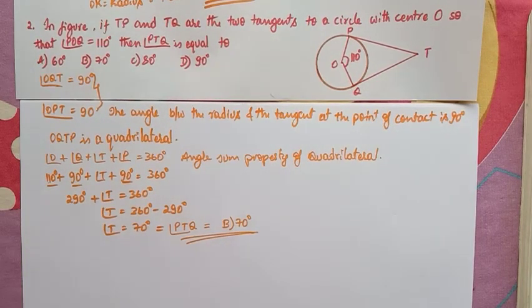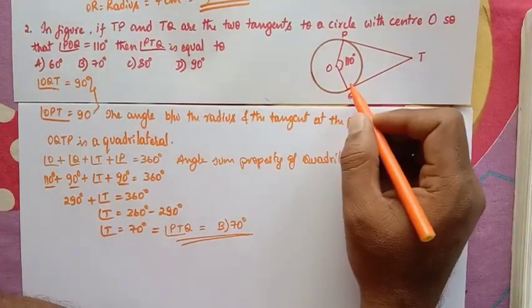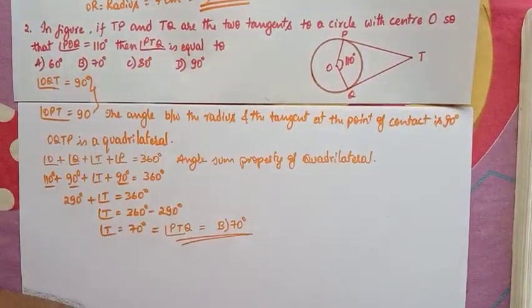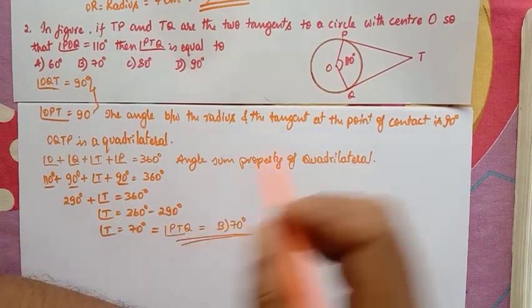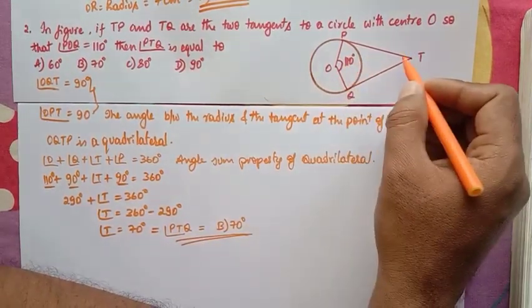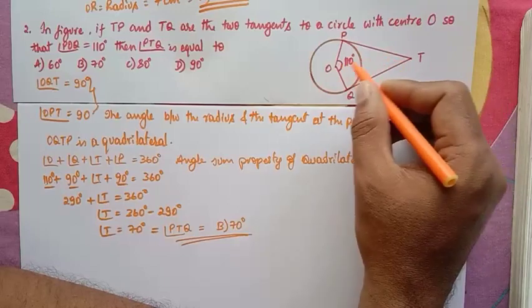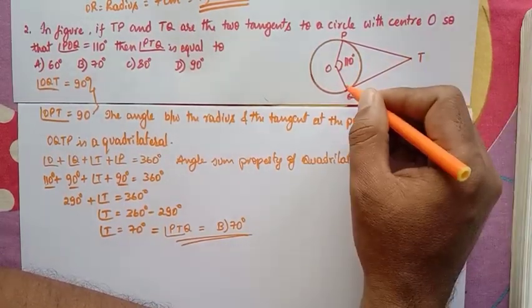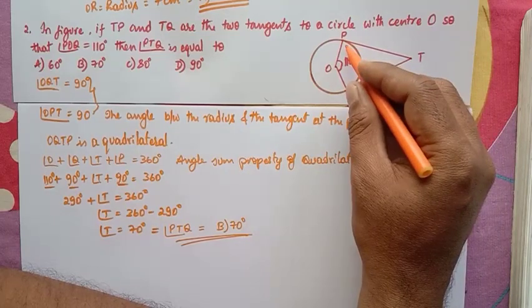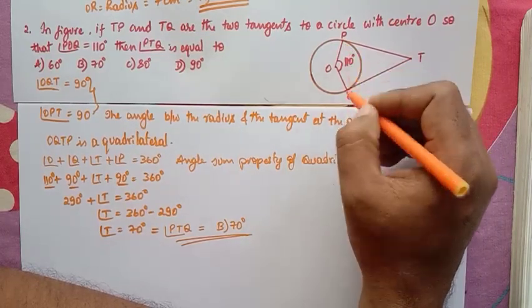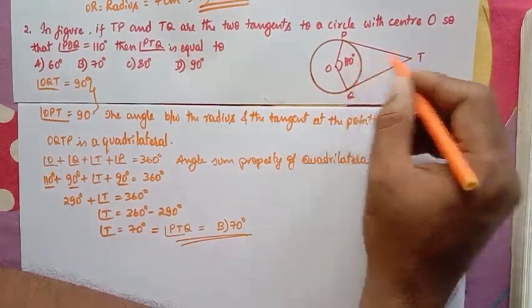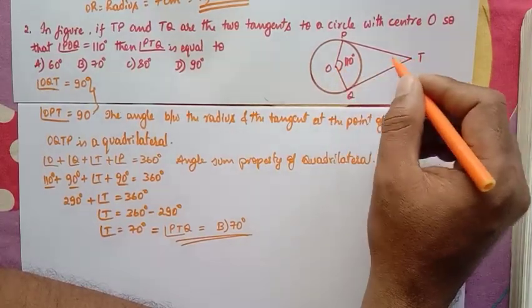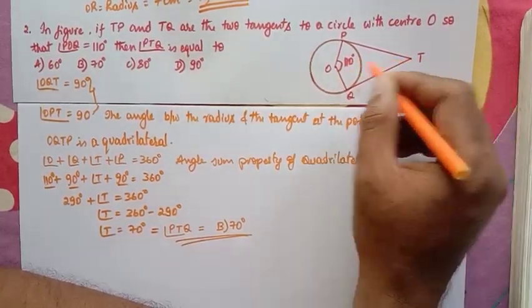And you can also straight away write, in the exam you will not be solving all these things. You can straight away write 110 degree plus 70 degree gets you 180 degree. So this will be 70 degree. That's sufficient. As you are all familiar, it is 90 degree. So 90 plus 90 is 180. So if we add these two angles, angle O and angle T, you should get 180 degree. This is the simple calculation.